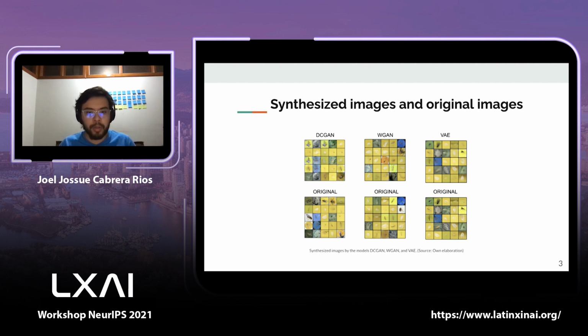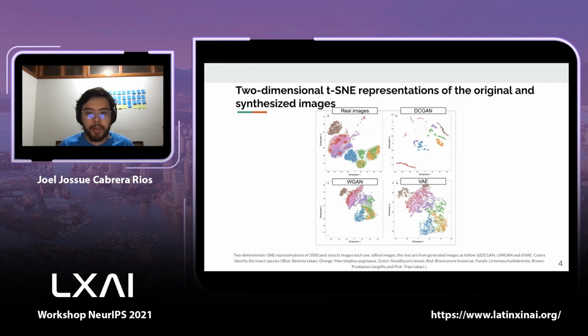Each trained generative model was qualitatively and quantitatively evaluated on its ability to generate realistic insect images and the variabilities of the target species. For the qualitative evaluation, we applied the t-SNE technique over the synthesized images and the original ones to find a two-dimension representation. We can visually appreciate that the Wasserstein and variational autoencoder models seem to have learned closely the distribution of the original image set. All separated clusters and overlapping clusters in the original set are also reproduced in the synthetic sets